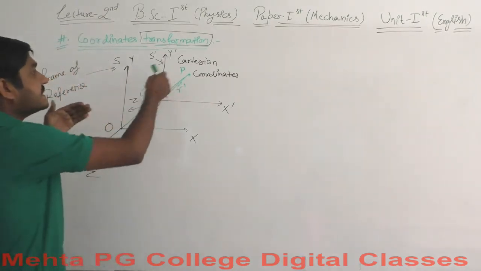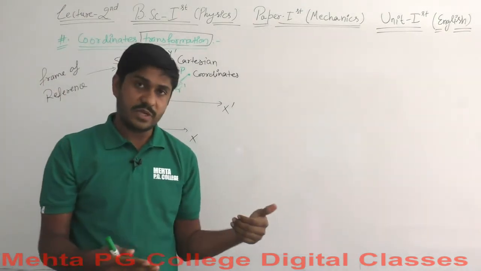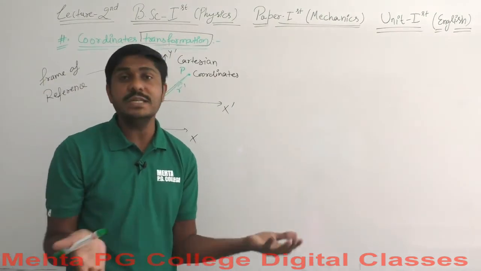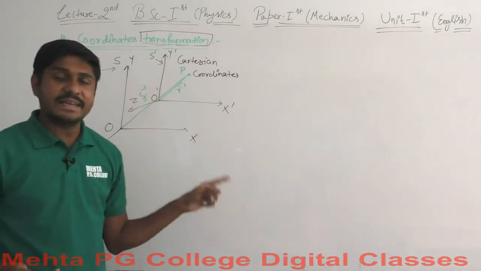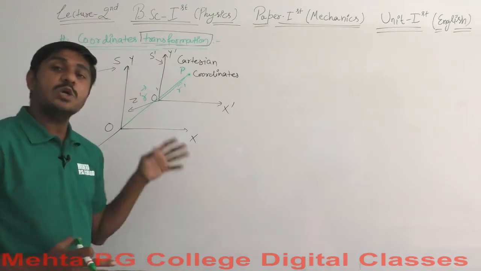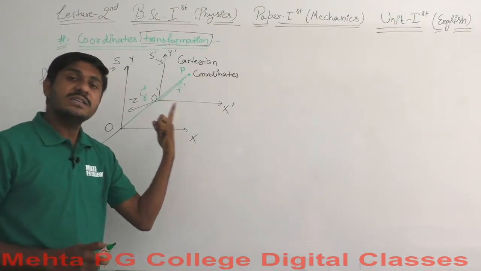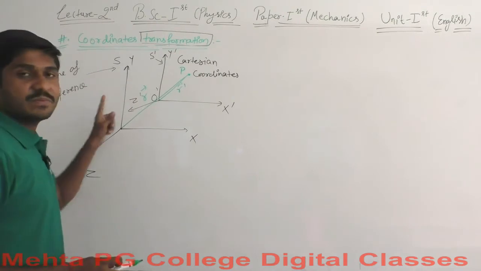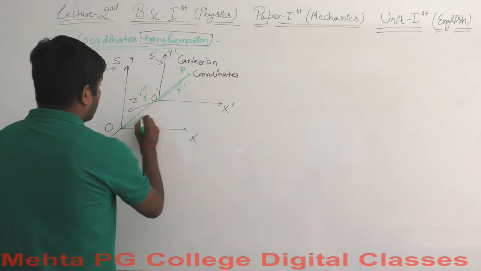Well, suppose these two frames do not coincide, not initially, somewhere in space. We are not going to talk about motion, because according to our assumption both frames are stationary, they have a fixed position, and the point P also has a fixed position. So for this point P we are going to transform our representation from the reference frame S to S dash. Let's say these two frames are separated by a particular distance O to O dash.